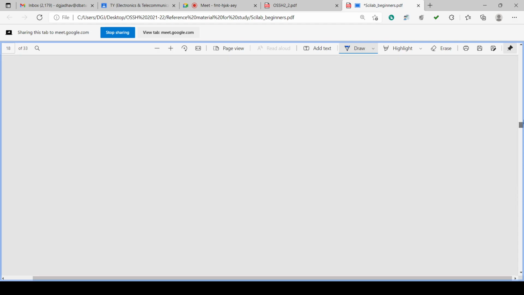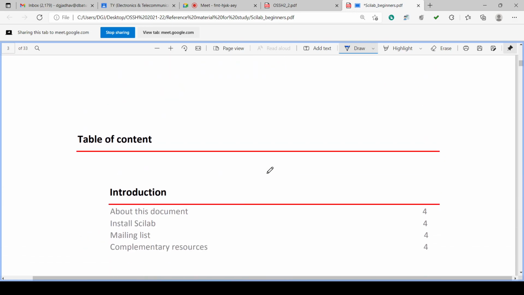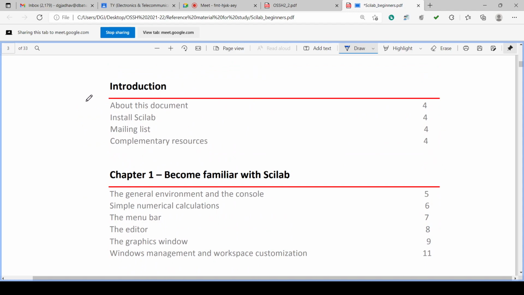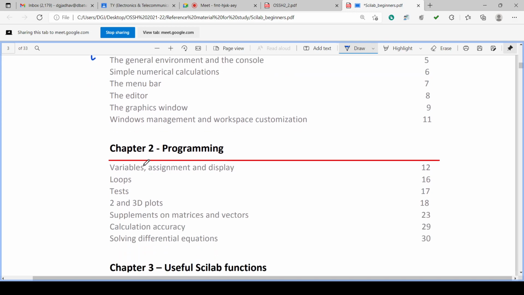Scilab we have discussed. Scilab is a science laboratory. The installation details we have discussed. The environment console window is there, then calculations can be done in that. Menu bars are there on that. The editor is there, graphics window is there, help window is there. There is a workspace for observing variables. There is a history of the commands. Then the file folders. Okay, details can be there.